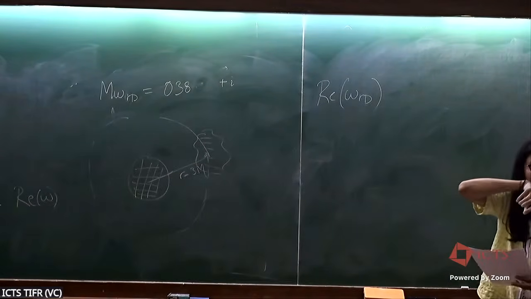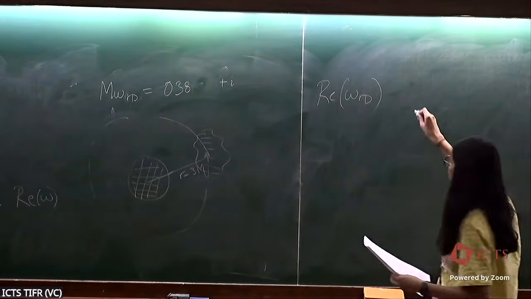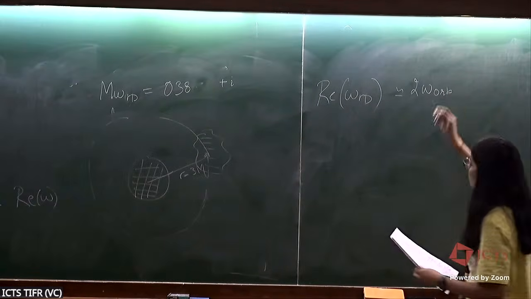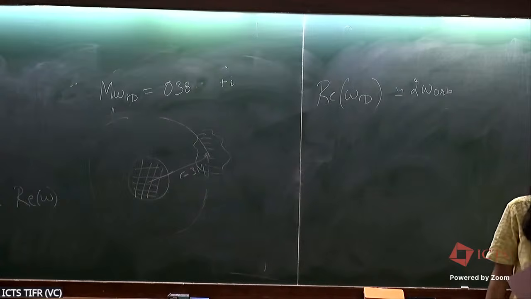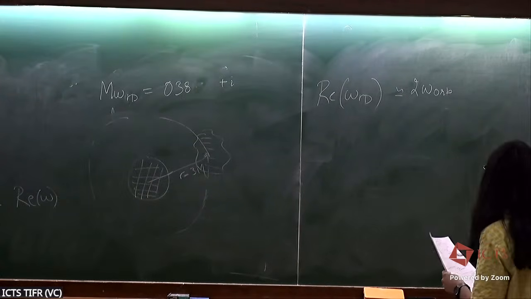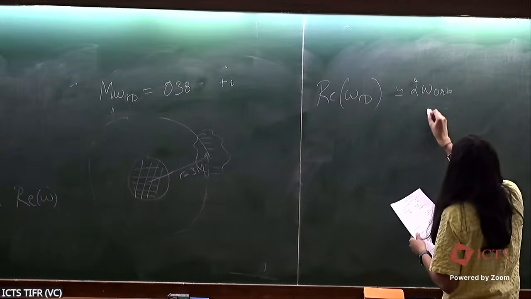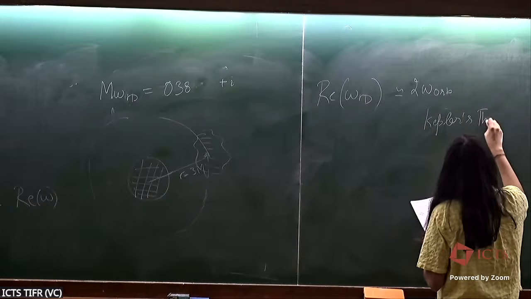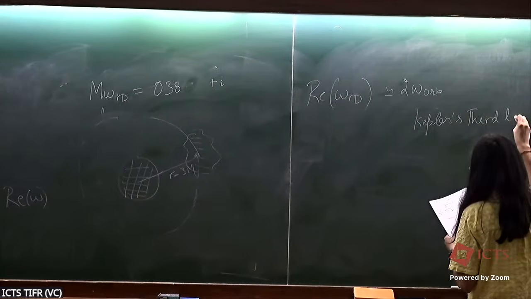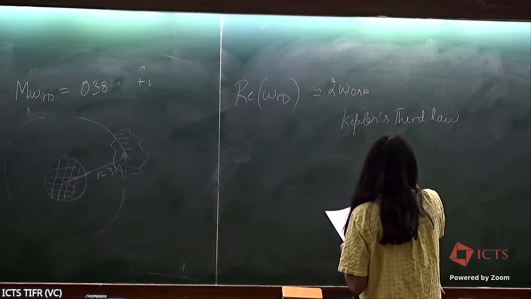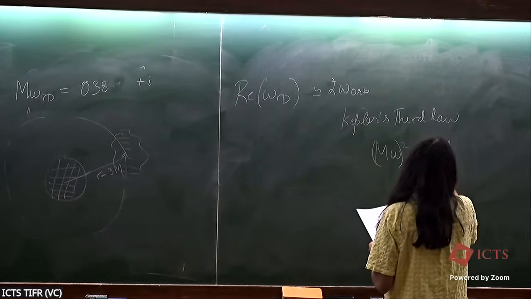From gravitational waves, we know that this is approximately equal to twice the orbital frequency. That is what we saw in the first lecture as well. And from Kepler's law, we know